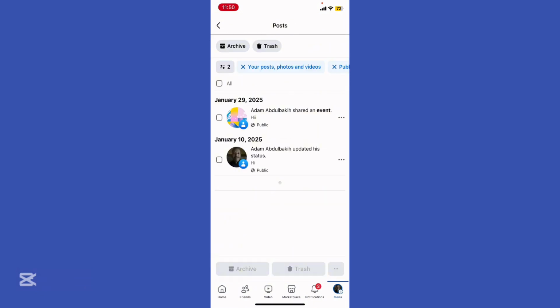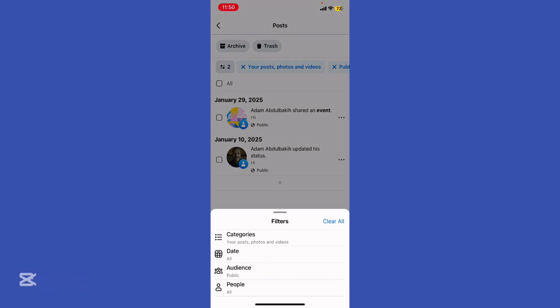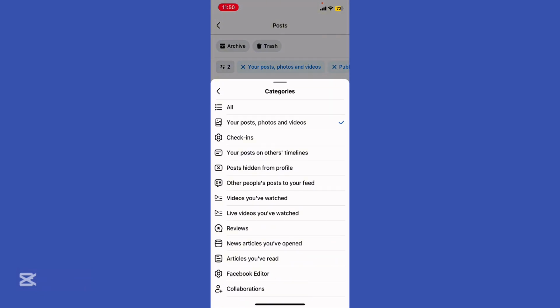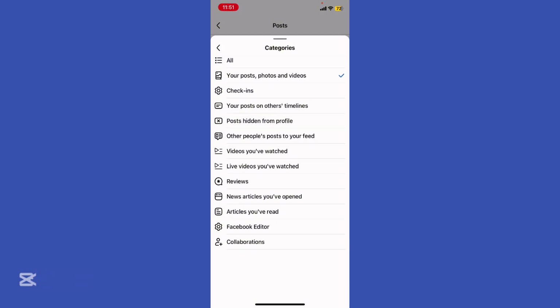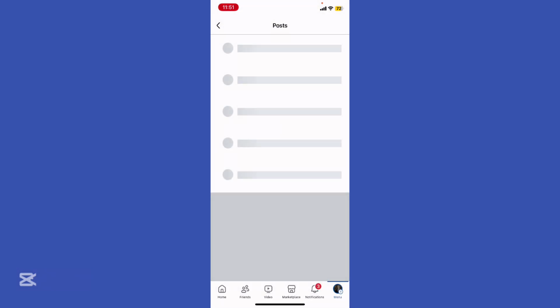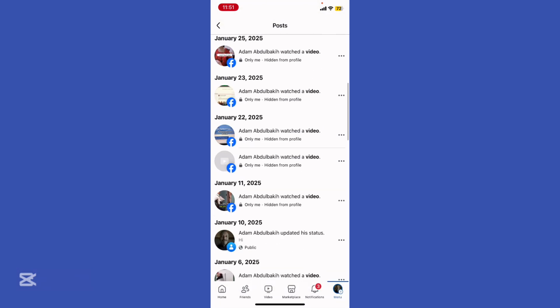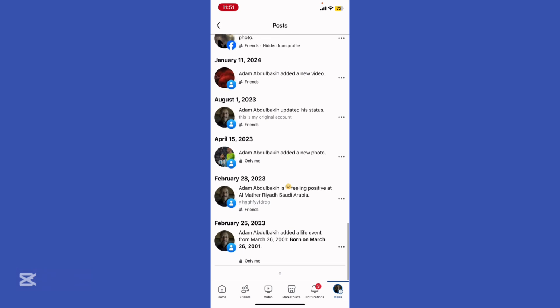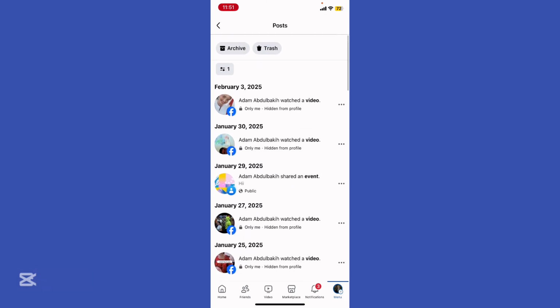All right, and then filter next to the blue highlighted word under archive, and you get to see right here your post, photos, and videos. And you can see right here videos you've watched, other people's posts to your feed, and all that stuff. You could just go ahead and hit all, and to be able to see all of your interactions across Facebook,